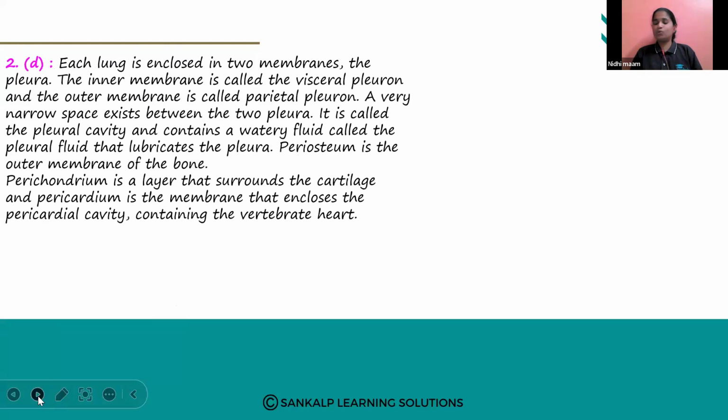So let us discuss more about it. Each lung is enclosed in two membranes. The two membranes are the pleural membranes. The inner membrane is called visceral pleura. The outer membrane is called parietal pleura. Inner visceral, outer parietal. A very narrow space exists between the two membranes, the visceral pleura